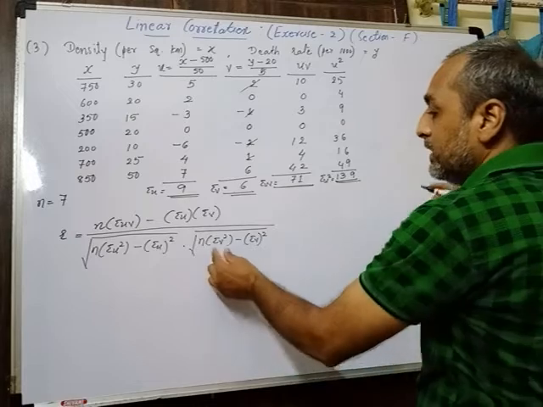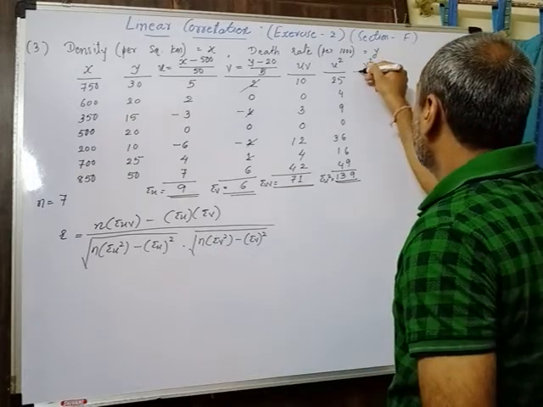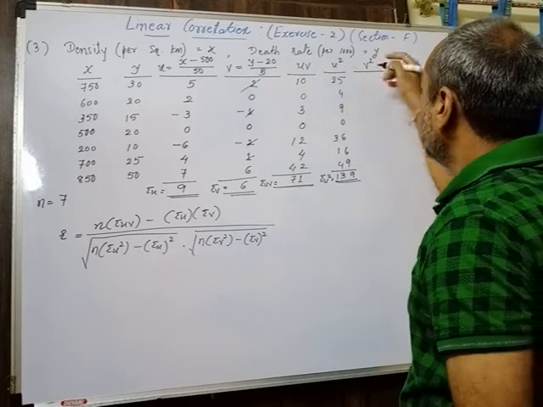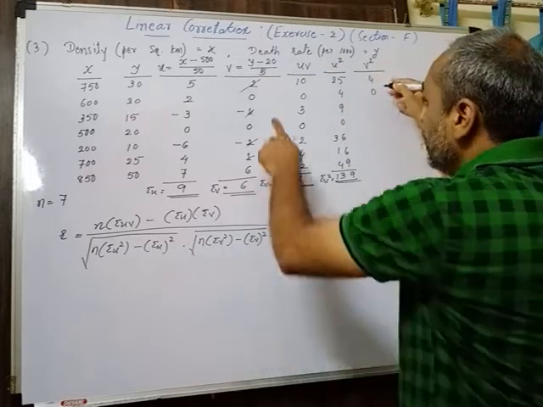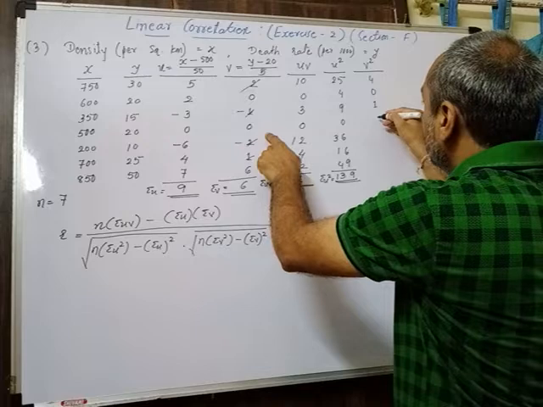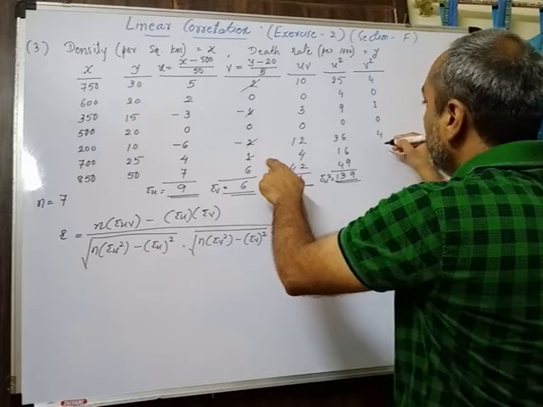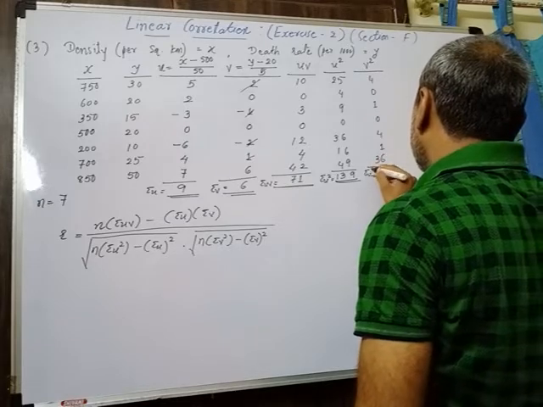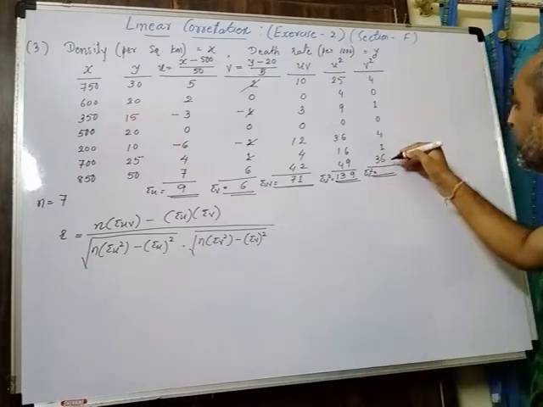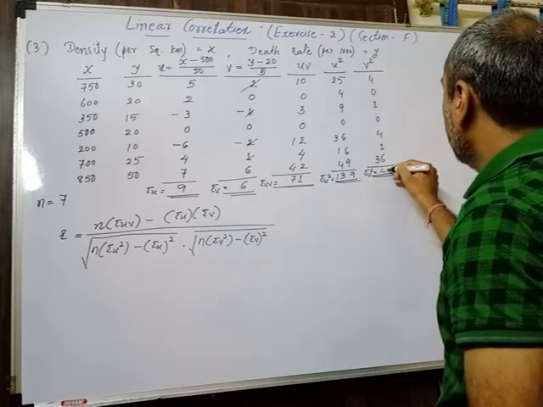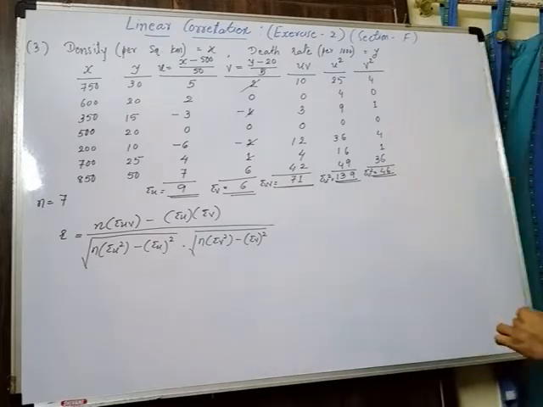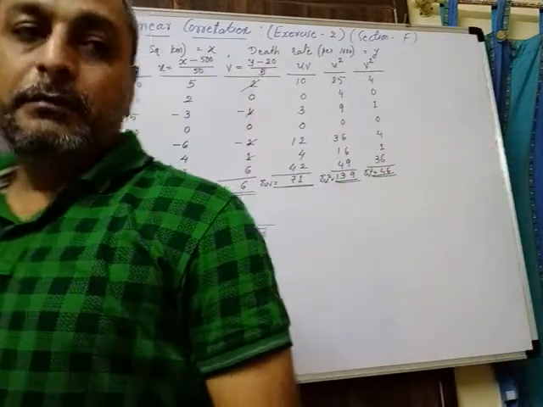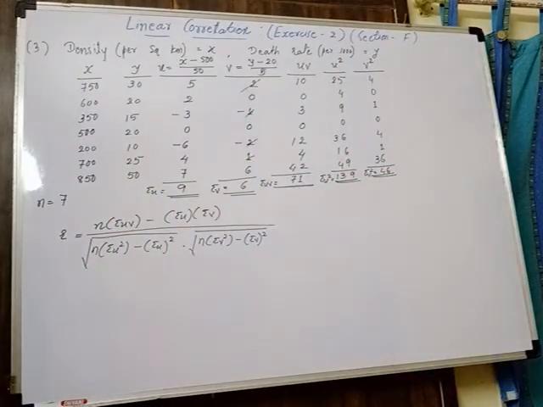Okay, and similarly we need the sum of V square. So the last column, the V square column. So square of this V column. So 2 square is 4, 0 square 0, minus 1 square 1, 0 square 0, minus 2 square 4, 1 square 1 and 6 square 36. Total of this, the sum of V square we need: 36 plus 5 is 41, 41 plus 5 is 46. That is your total of the V square column. Now we'll replace the values in our formula and accordingly we'll try to calculate the answer.